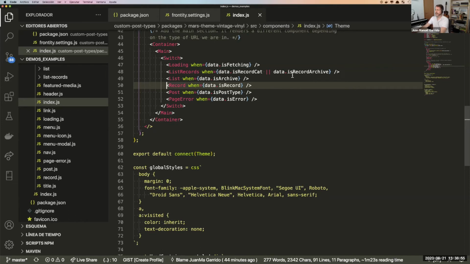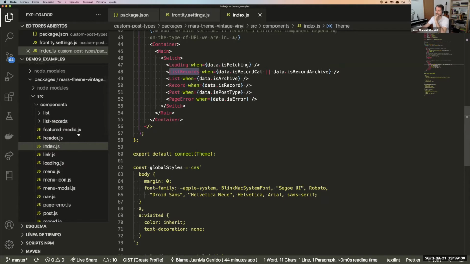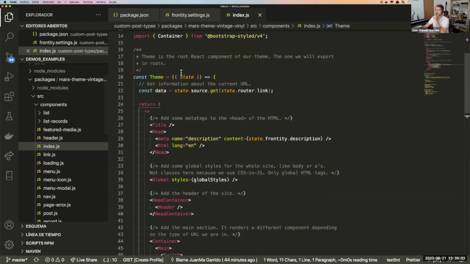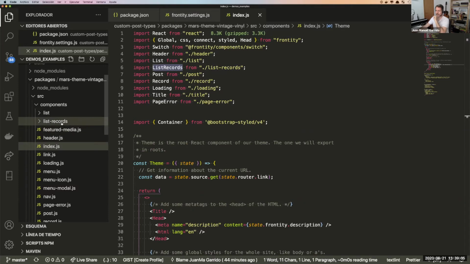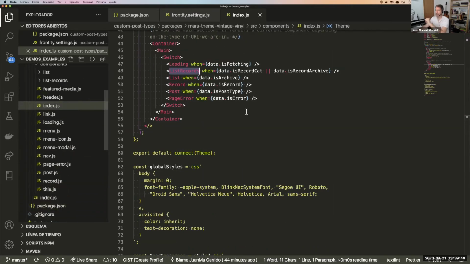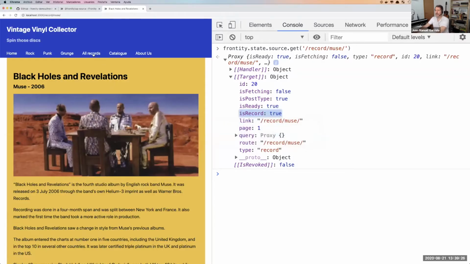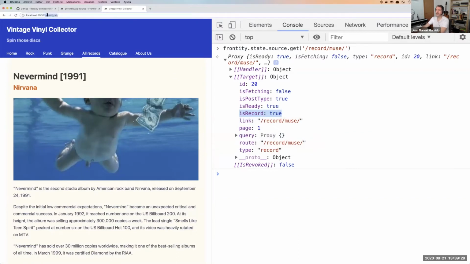Yeah. So we have the list records component that is defined here. I mean, we are importing this record from list records, defined here. And then we have the record component that is defined here. And this list records, we are using it for each category, for data is record cat, and also for the archive that is showing the records. And that's what's happening when we go here. So if we record cat,